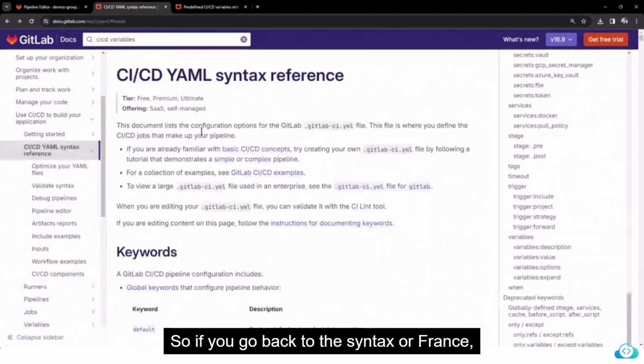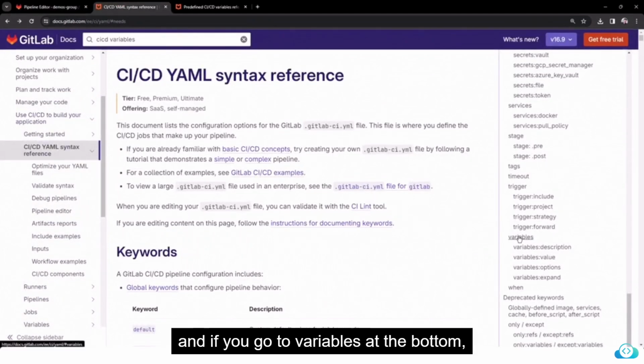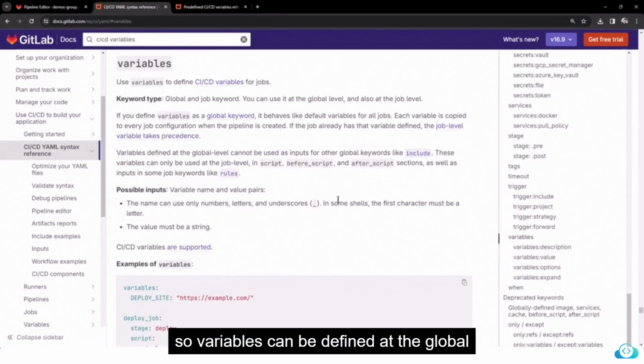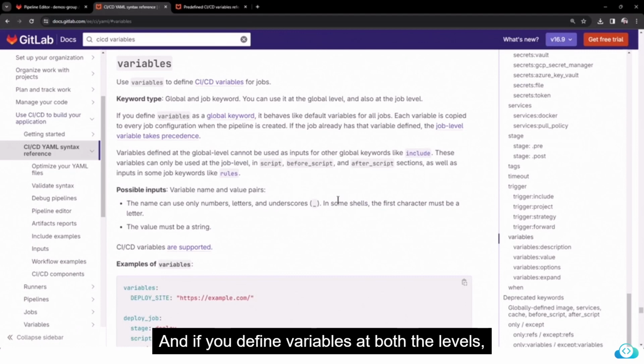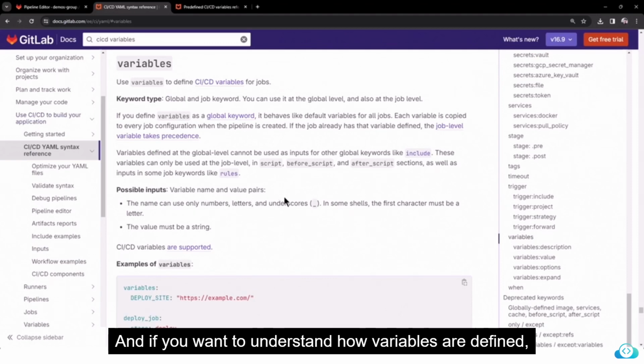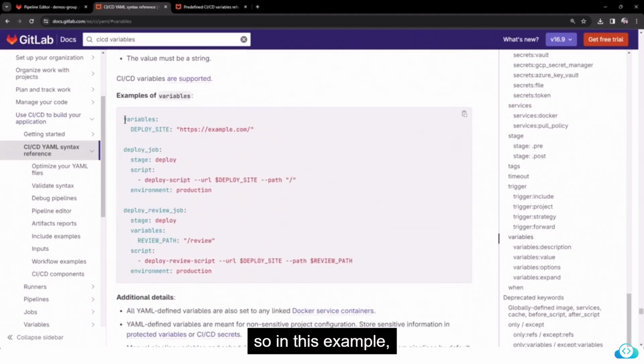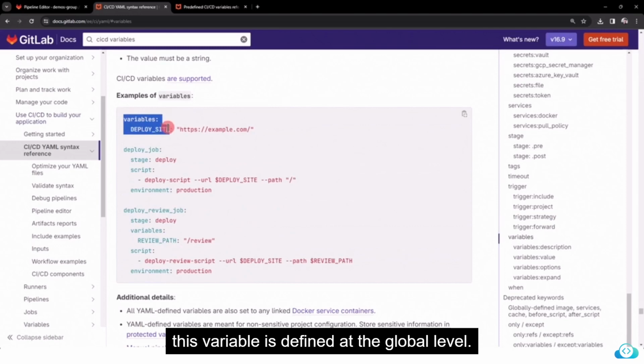So if you go back to the syntax reference, and if you go to variables at the bottom, variables can be defined at the global and at the job level as well. And if you define variables at both levels, the job level variable takes higher precedence. And if you want to understand how variables are defined, in this example, this variable is defined at the